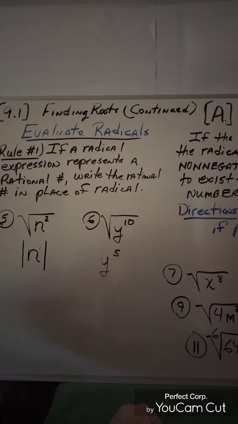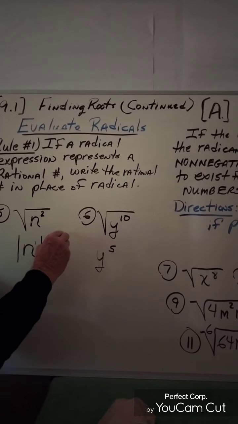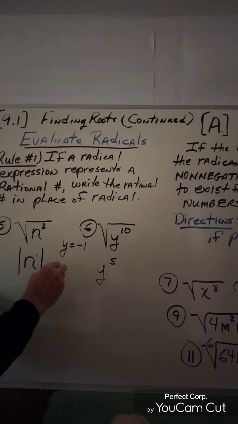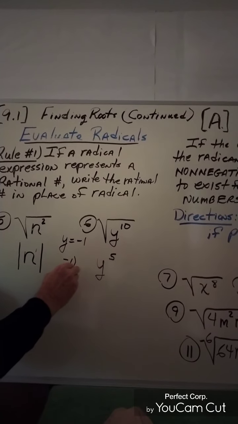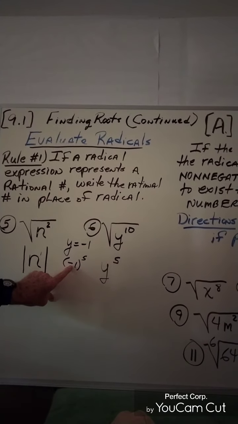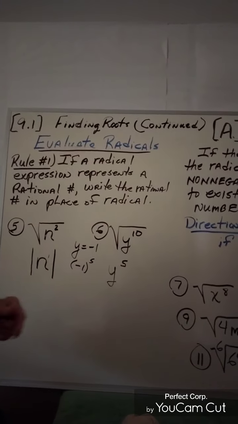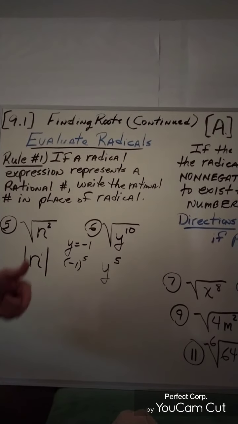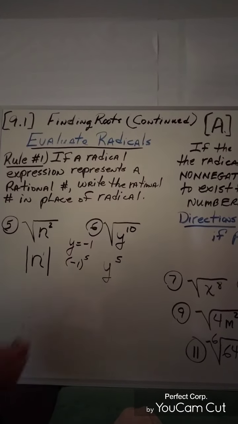Let's say y is -1, just for purposes of discussion. If you were to take -1 to the 5th power, that would be -1 times -1 times -1 times -1 times -1, which would give us an answer of